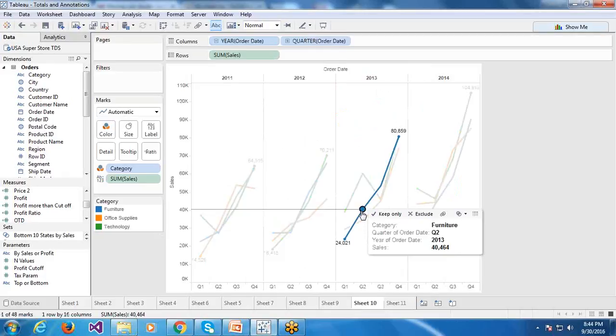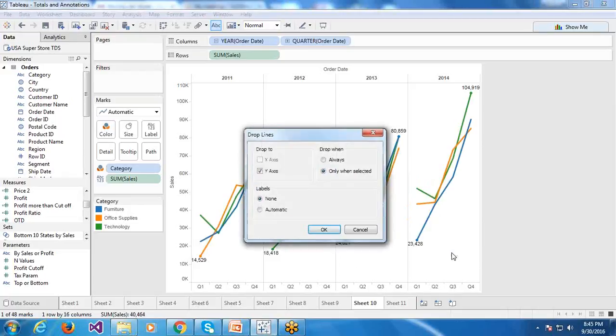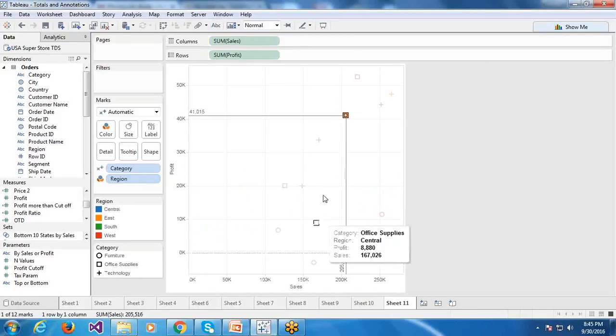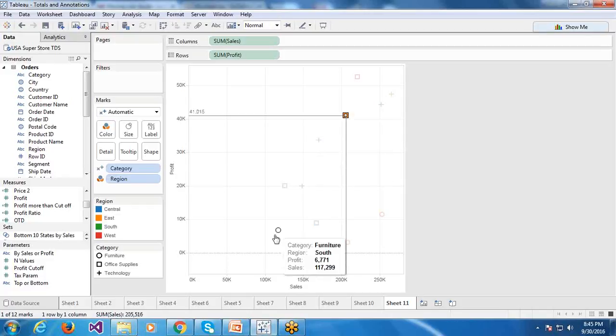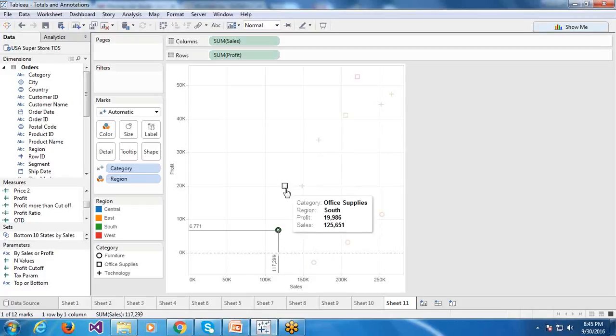You can customize drop lines for each chart. The x-axis is disabled because it doesn't have an axis here, it has headers here. So that is how you can use it. It is good for data inspection. When you are inspecting the data more deeply, it will be very helpful for us. So that is about drop lines.